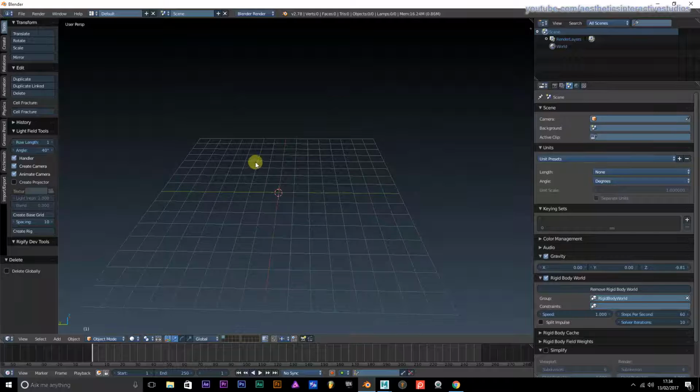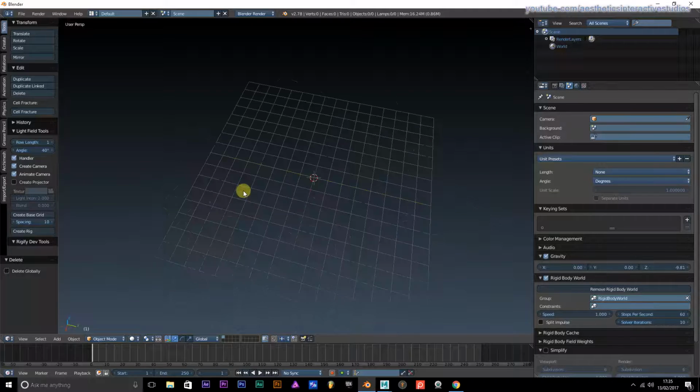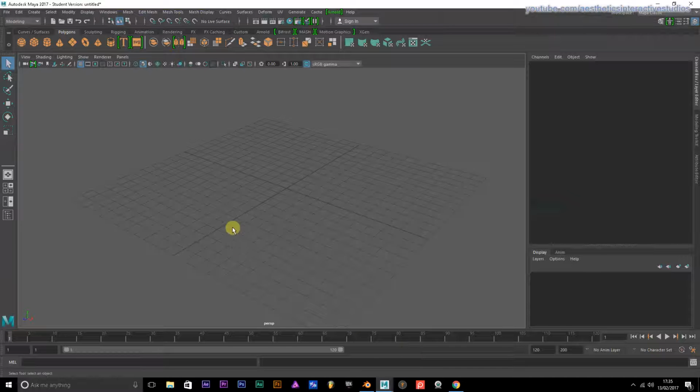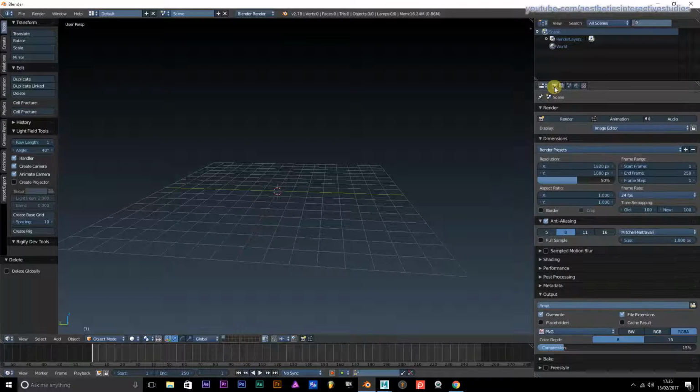What makes this different is, when it comes to navigating around your scene, Blender primarily navigates using just the middle mouse button, where Autodesk Maya is using the Alt key with all 3 buttons with your mouse. That's your basic navigation. In terms of user interface, when we go to a program like Blender,